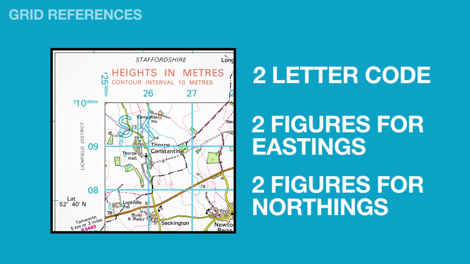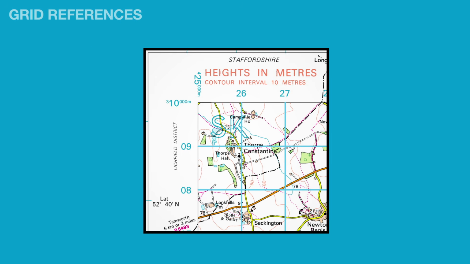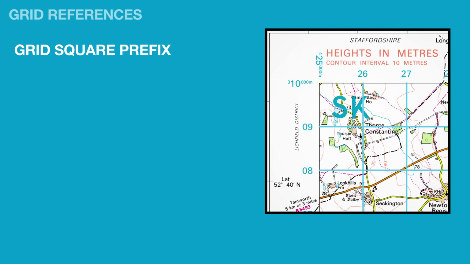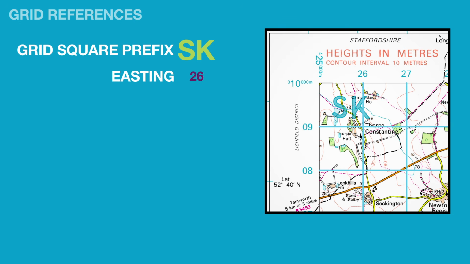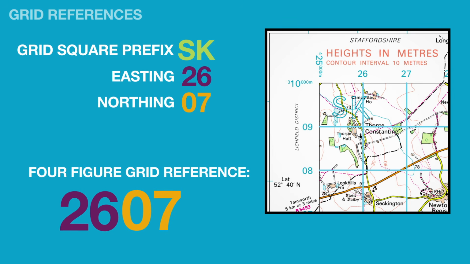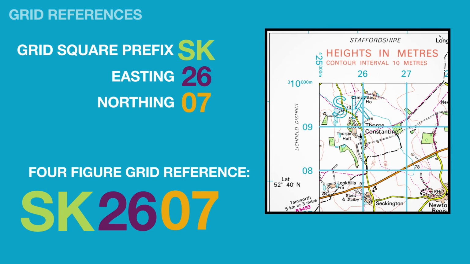These 2 figures together will define the grid square. So now let's look at this map. To give the 4-figure grid reference for the telephone in Seckington, first we need the 2-letter code for the Ordnance Survey map, SK, and then take the eastings 26 and the northings 07. So the final grid reference is 2607. More accurately, we could say SK 2607, but in normal use 2607 is more than sufficient